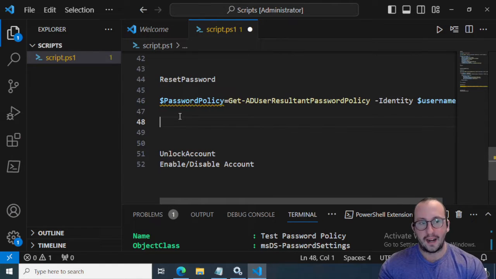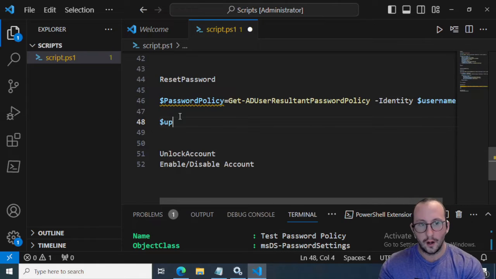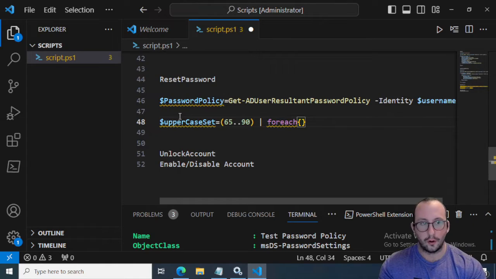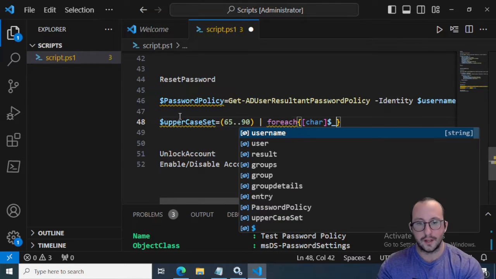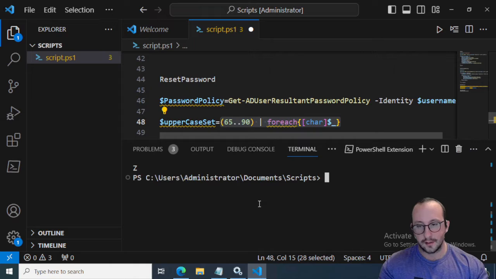Now what we need to do is create our character set that we're going to use to reset that user's password. So what I like to do is create a total of 4 arrays of different character sets. Our first one is going to be our uppercase set. And we're going to make that equal to an array of numbers 65 through 90. And we're going to pipe that to a ForEach, with a curly bracket and then [char] and $_ here. If I just run this little bit of code, you're going to see it generates a list of all the letters A through Z